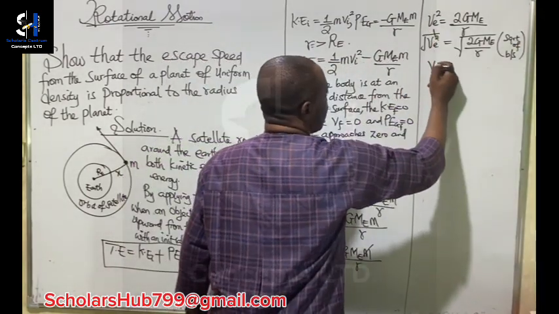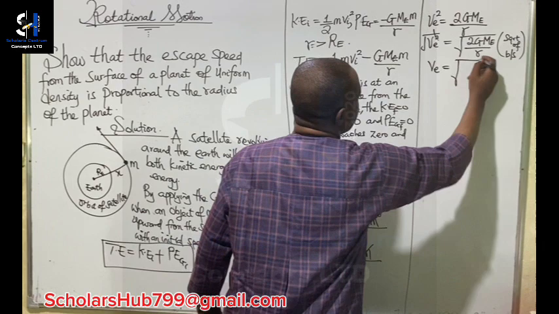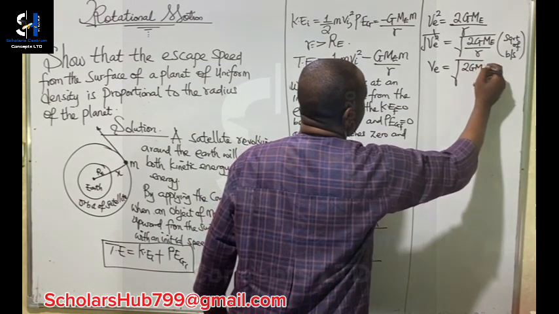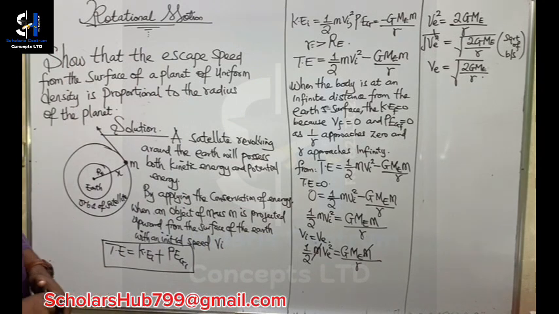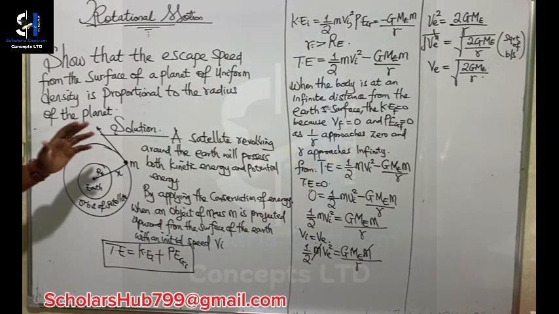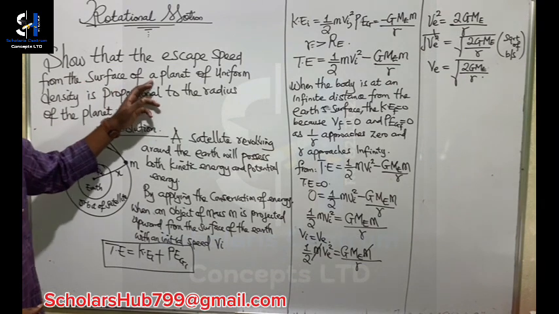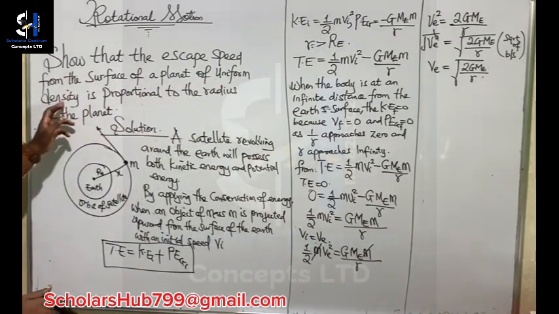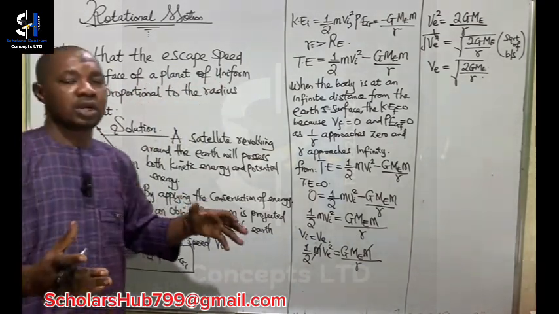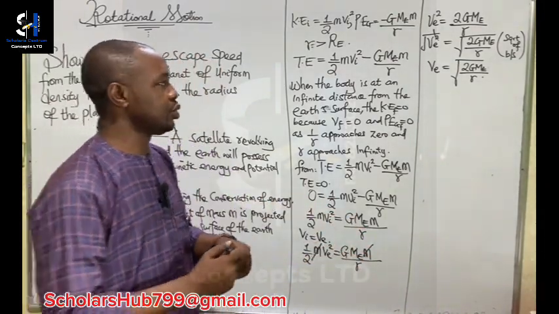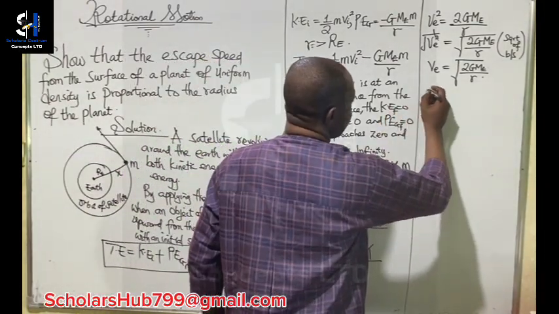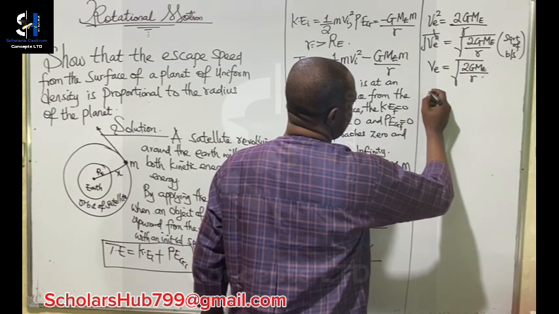So this will become ve equals the square root of 2GMe over r. Okay, now moving on. We have, from the surface of a planet of uniform density, so we are going to relate mass and density now. Now we know that for